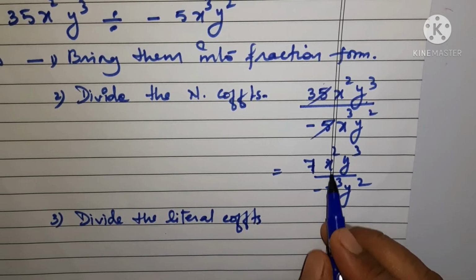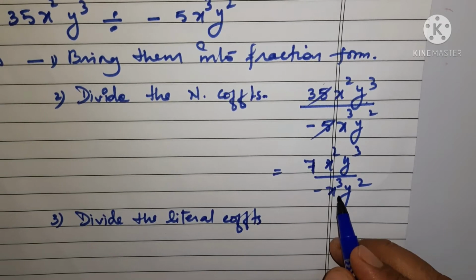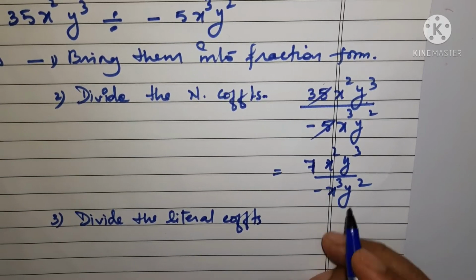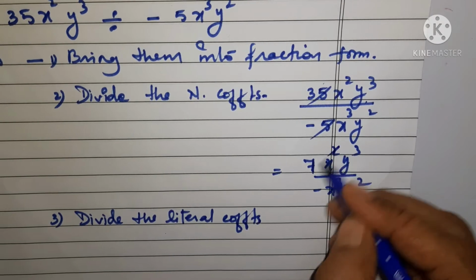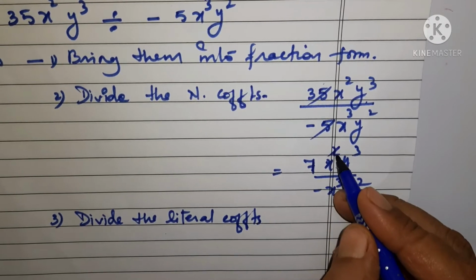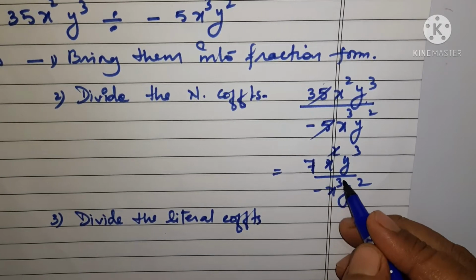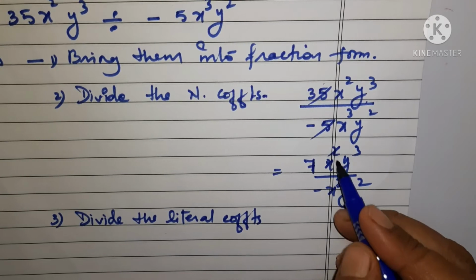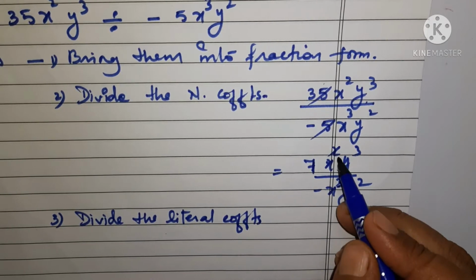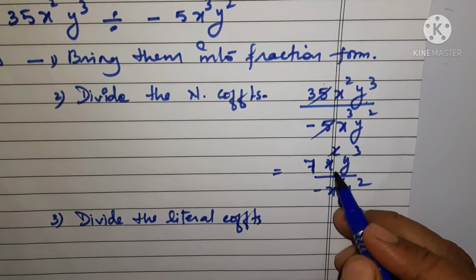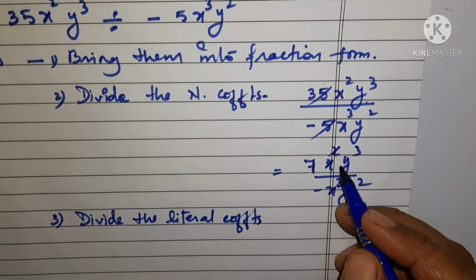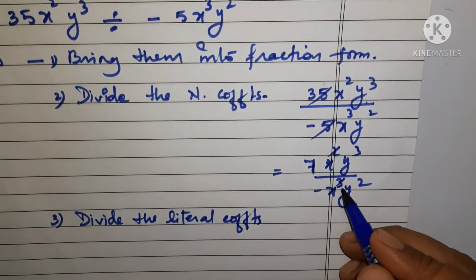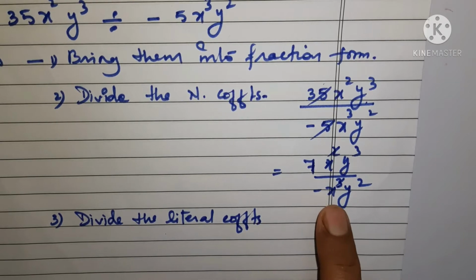So here we are having x square, here we are having x cube. When we divide, what will happen? You have to just cancel the powers. You can see here, this is x square and this is x cube. So out of 3 x's, the 2 x's in the top are getting cancelled. It will cancel out with this and we are left with 1 x below.